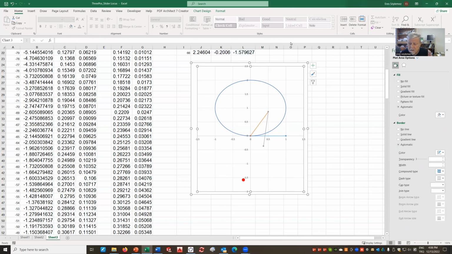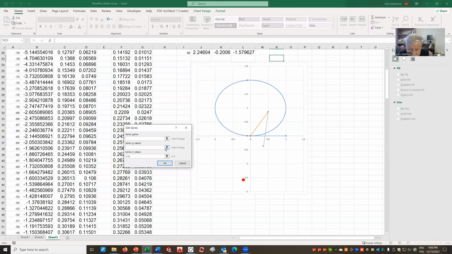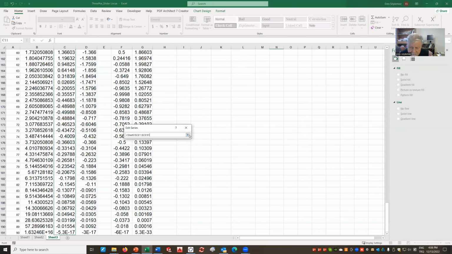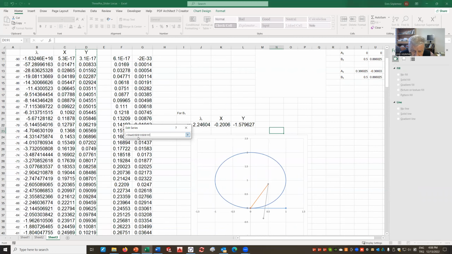Okay. Now I can replot. Maybe it could have been better if I had plotted first those data points and then